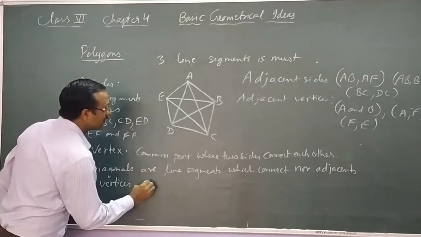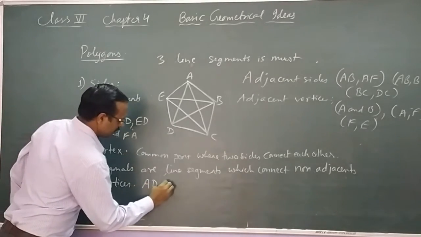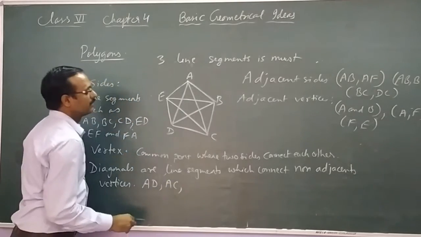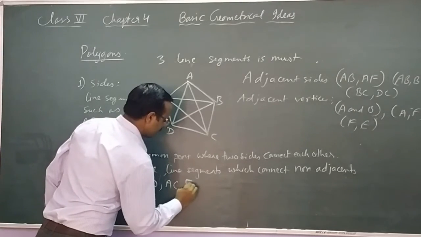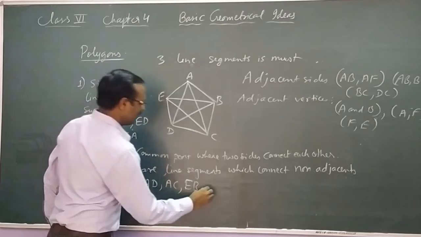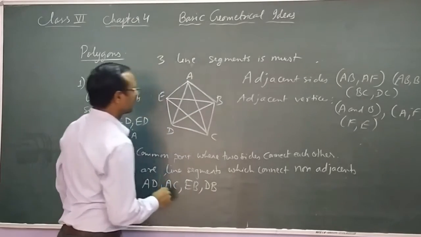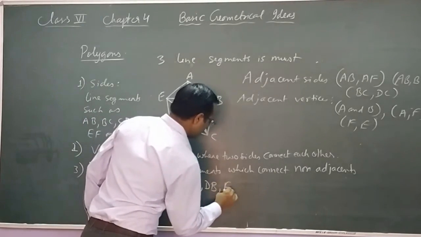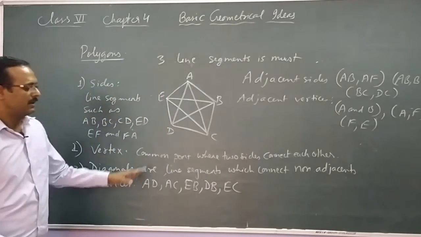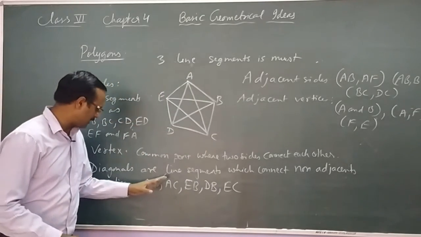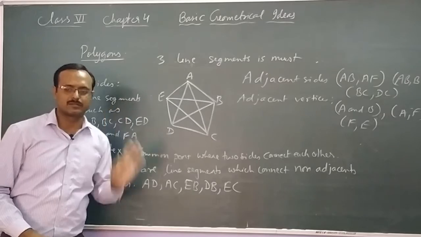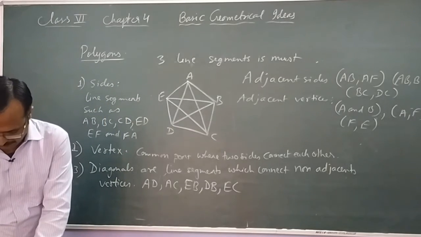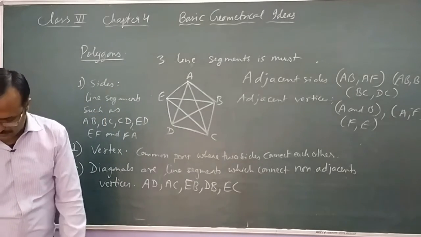So for example, AD, AC, EB, DB, EC, these all are the diagonals of this polygon. So we have covered diagonals also. Now the next